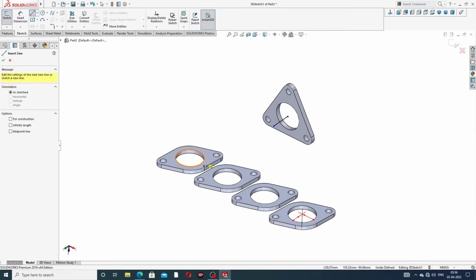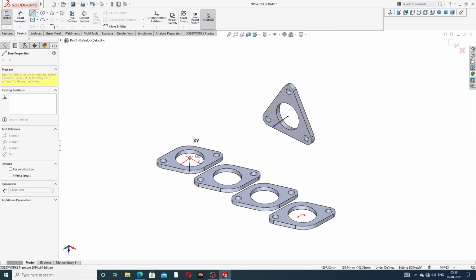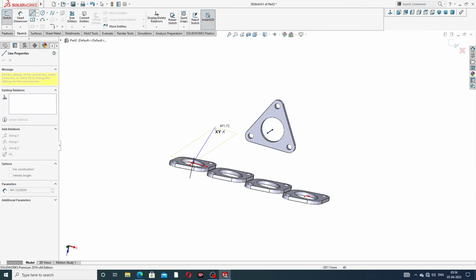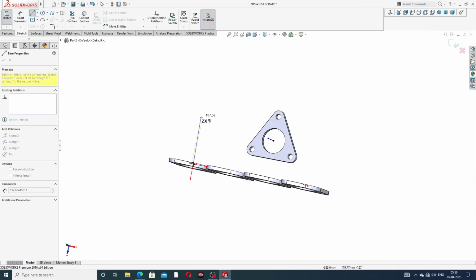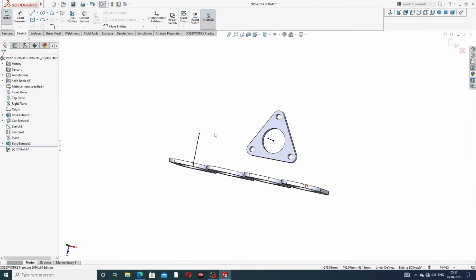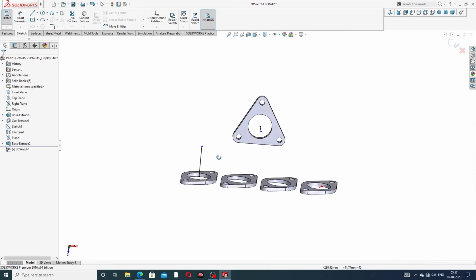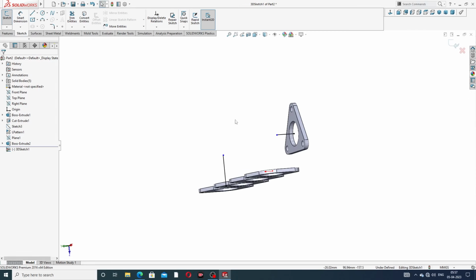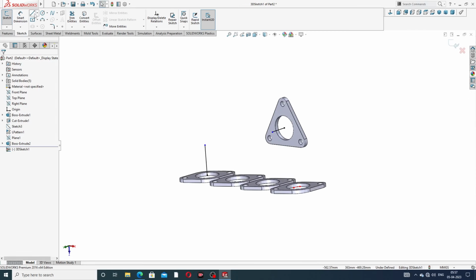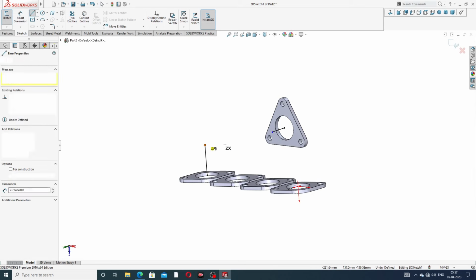This line uses this center, connect to this, and okay, this is perfect. Okay, this is better. All is perpendicular, this uses a vertical line, and also connect this line and connect to this. Okay,